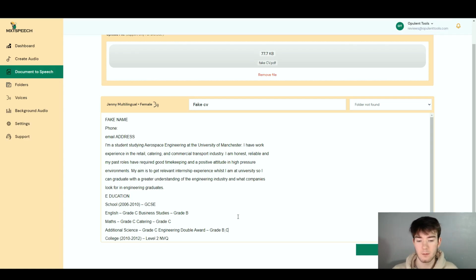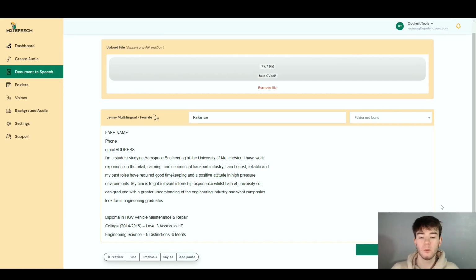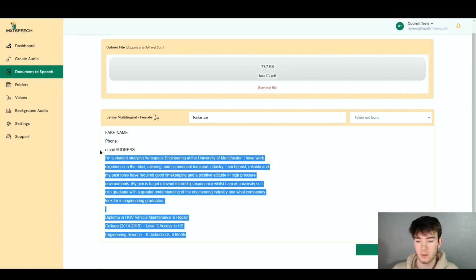So once you've actually imported your document and you're happy with what you want the software to say or the AI to say, you can go ahead and click convert to speech. And once you've converted it to speech, it should then say it. So we're just going to go ahead and quickly preview it because it takes a while to convert it to speech. So once you click preview,